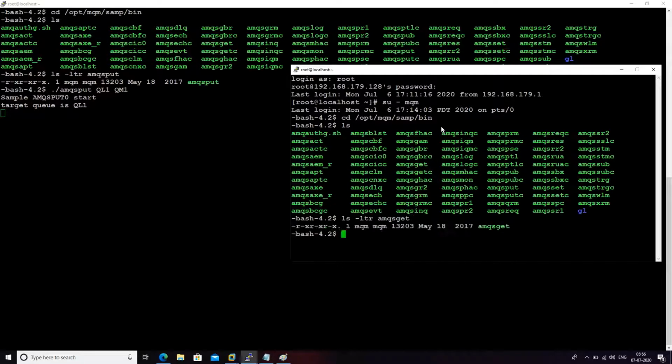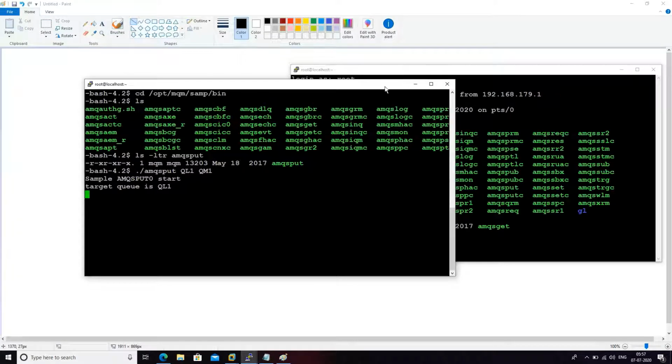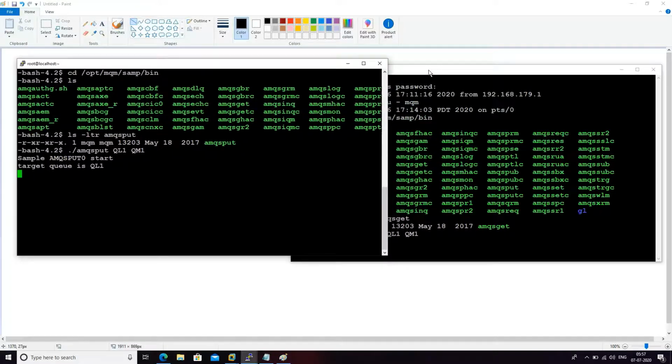It is there. Then ./amqsget QL1 QM1, and just enter it. See, now I did not receive any messages because I have not yet sent a message. I'm just putting a message. Let's have a look at both of these.